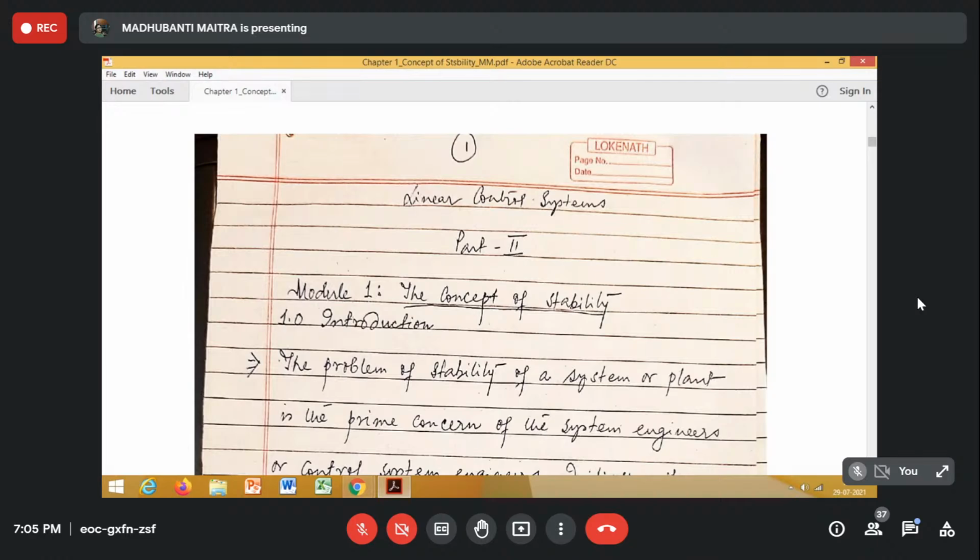Now, the system is designed or devised to perform certain tasks, right? So, if a system generates any kind of signal that is not acceptable to us, right? So, if we give an acceptable form of input to the system,